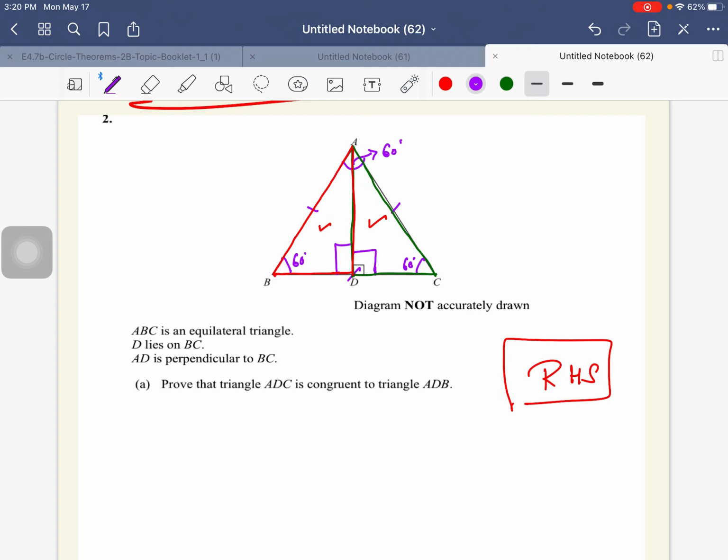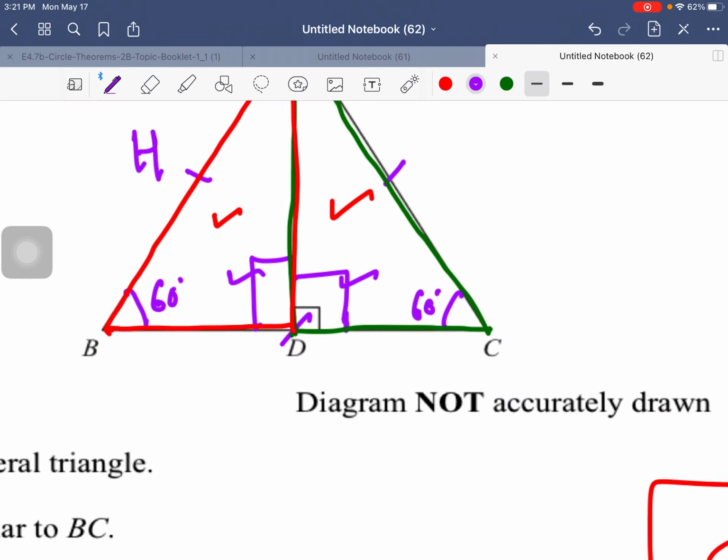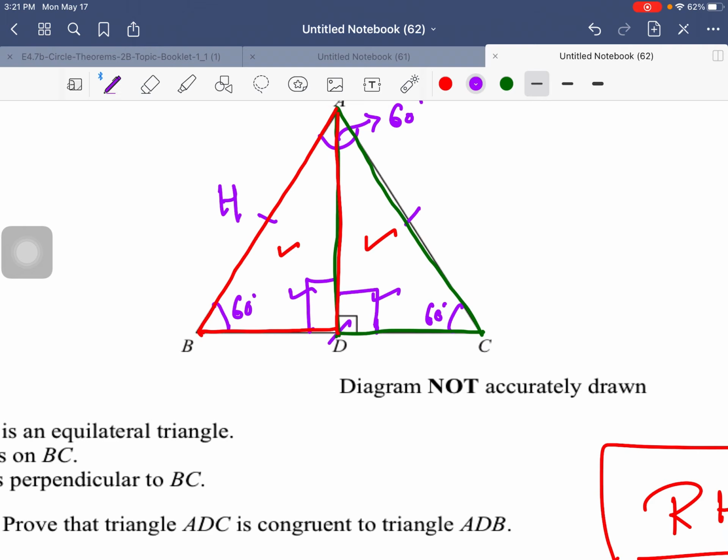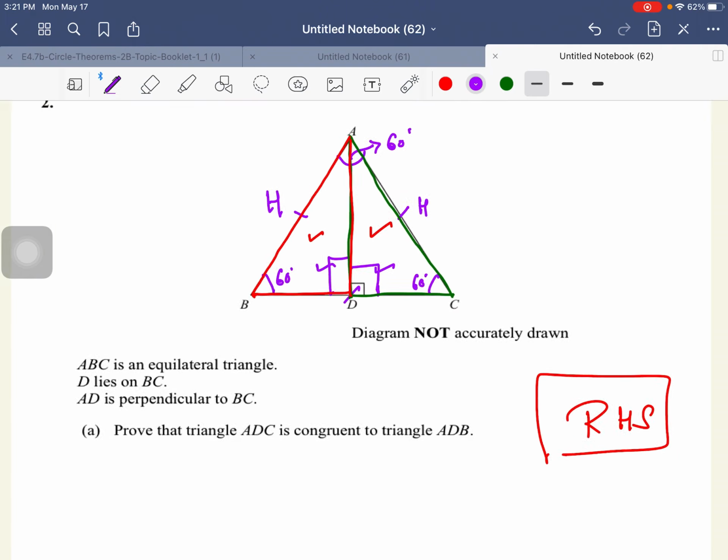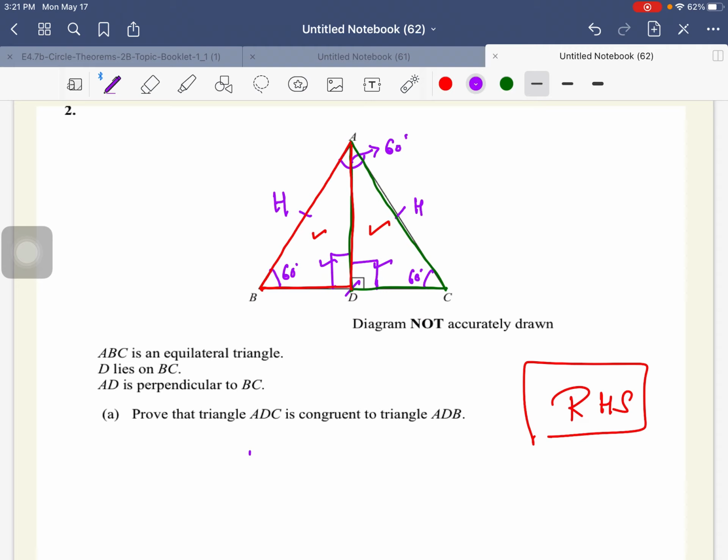Because right angles are always equal, we need to prove that the hypotenuses are equal. For the triangle on the left, the hypotenuse is AB. For the green triangle on the right, the hypotenuse is AC, and they are equal because it was an equilateral triangle. So I will write here AB is equal to AC, or you can write here